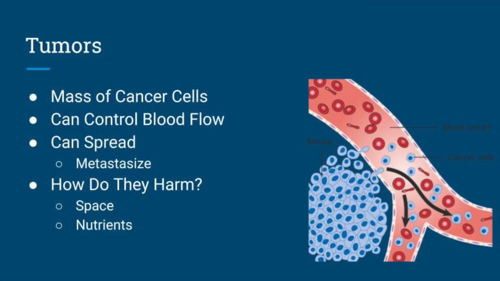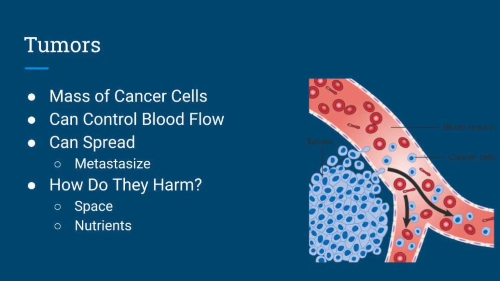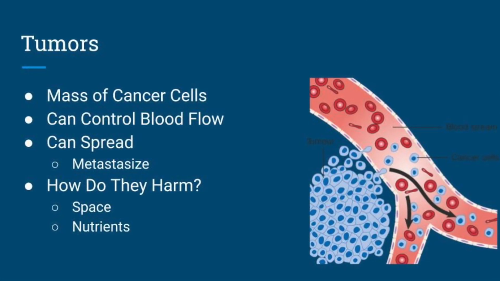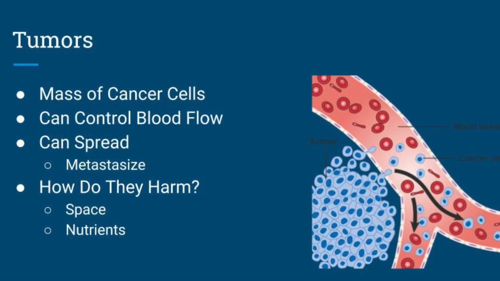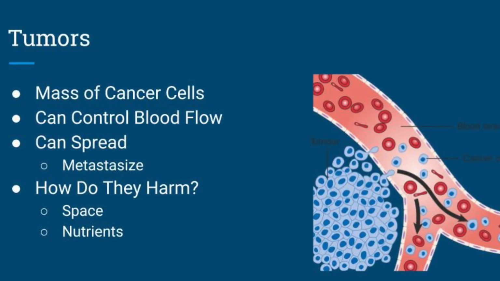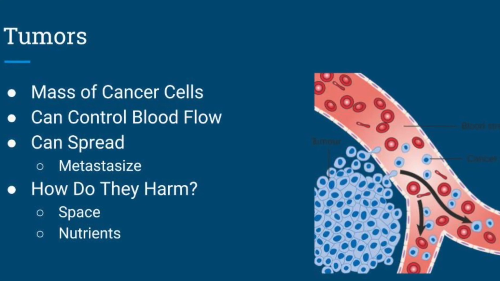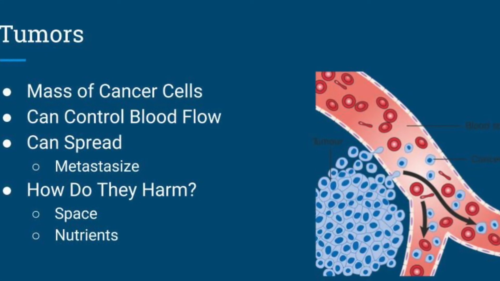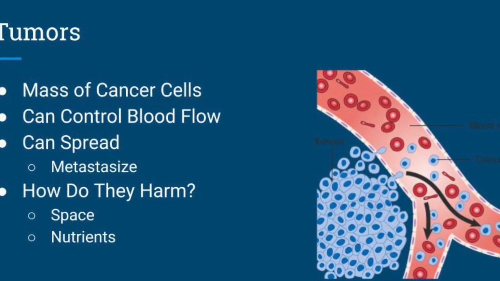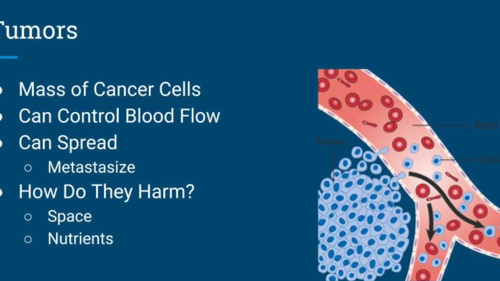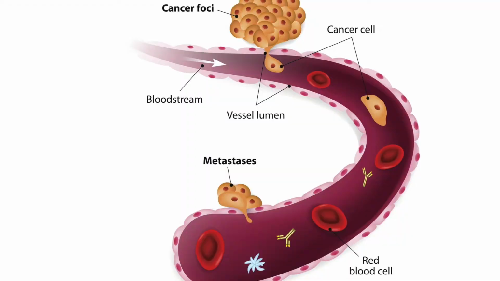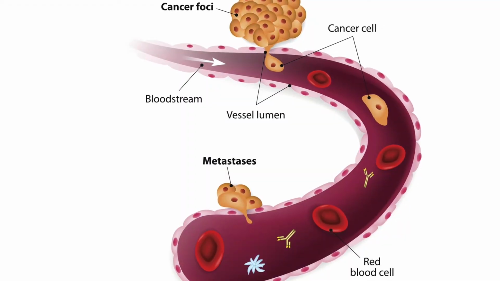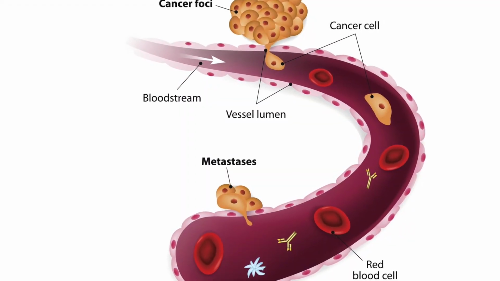Once cancer cells have made enough divisions, they form tumors. Tumors are masses of cancer cells. Tumors are able to attract blood vessels, giving them open access to the body's resources and spurring them on. Since tumors are so close to these newly formed blood vessels, cancer cells are able to enter the bloodstream and travel. The blood goes everywhere in the body, meaning that the cancer cell can also end up anywhere. Once in a different location, the cell continues to divide, forming more tumors. This is known as metastasizing.